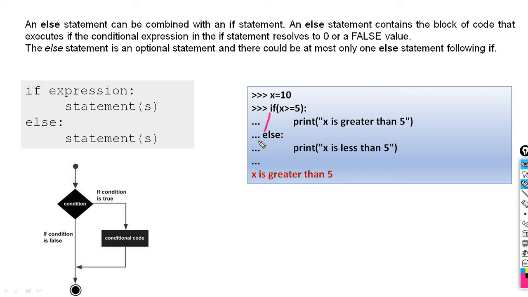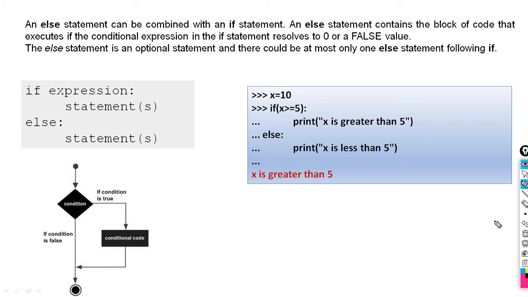So when we use the Python prompt directly, in the shell environment, it gives you a secondary prompt like this, a combination of 3 dots. I will show you how it happens in Python. So this is called the primary prompt, this is called the secondary prompt. So else should start from the beginning of the prompt. Okay, else then colon, in the syntax else colon print x is less than 5.